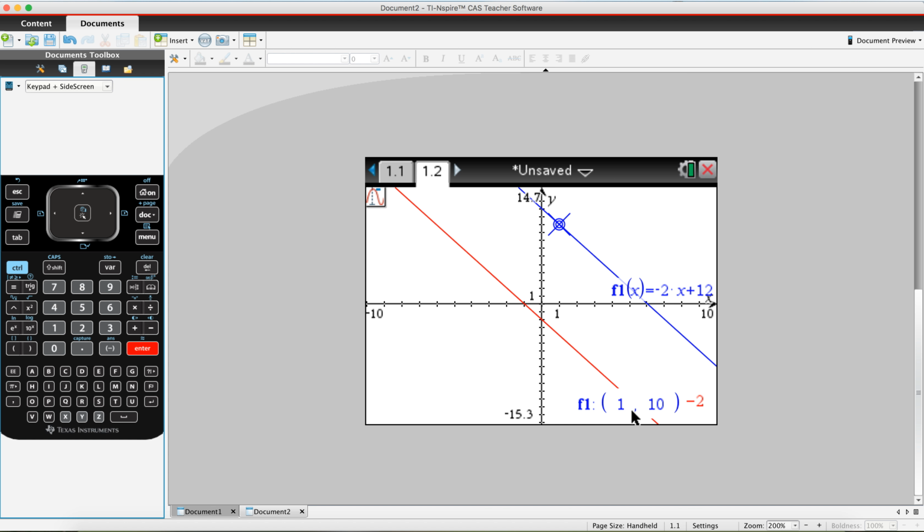Have a look down here. We can see that the line passes through that point (1, 10), so it's basically confirmed that particular line for us. Press the down arrow to get to the red line, the second one, and the coordinate we were given there